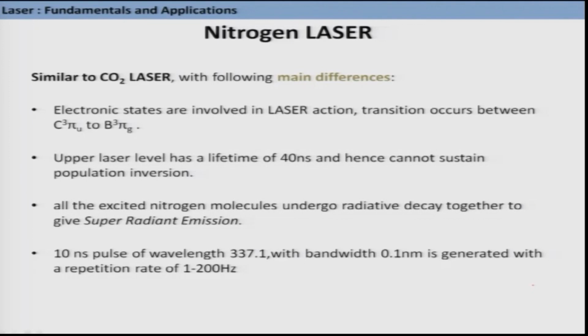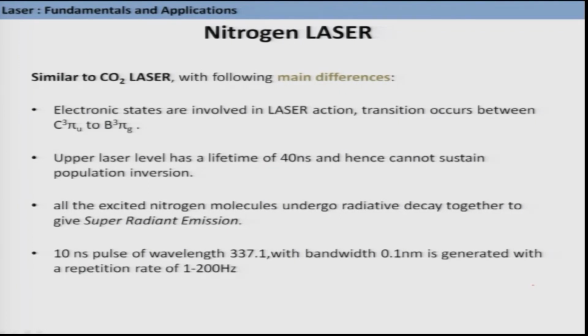The electronic states are involved in the case of nitrogen, and the transition occurs between 3 pi u and 3 pi g. The upper level, 3 pi u, has a lifetime of 40 nanoseconds and hence cannot sustain population inversion. All the excited nitrogen molecules undergo radiative decay together to give super radiant emission,